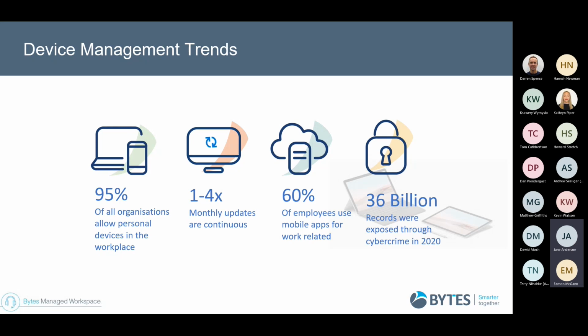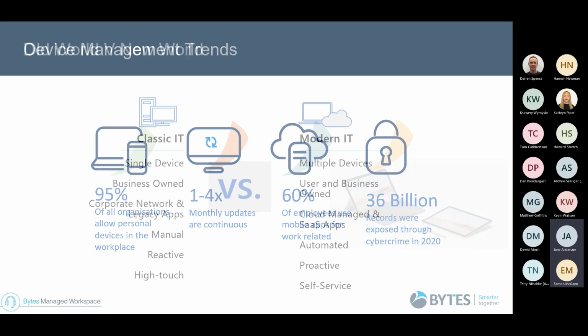There's a CISO magazine article that said that in 2020 we had 36,000 global records exposed. I think we can probably pull hundreds of stats out in terms of how much ransomware is out there right now. I think more than anything else, when we look at device management, we look at device data and identity management as part of a single piece, so that we make that our number one priority as part of managing what Endpoint Manager can do, but more importantly, what we can do as part of the BMW service that